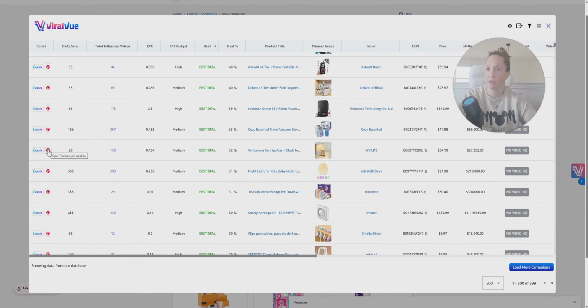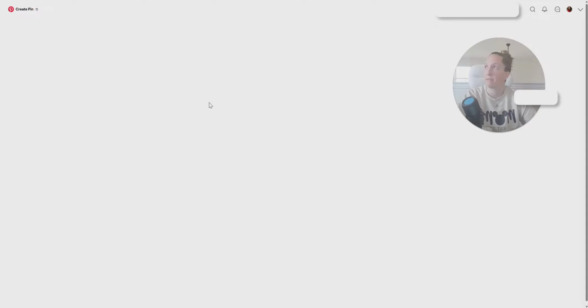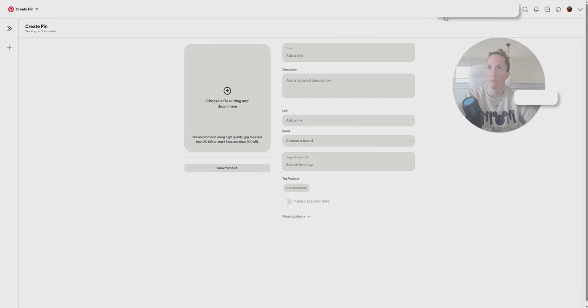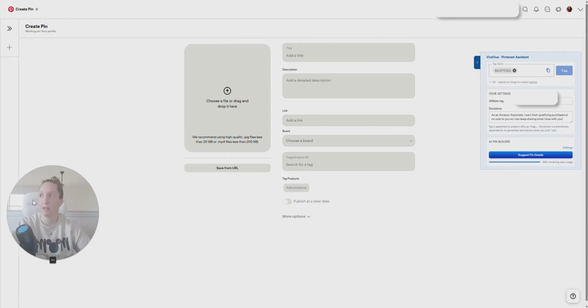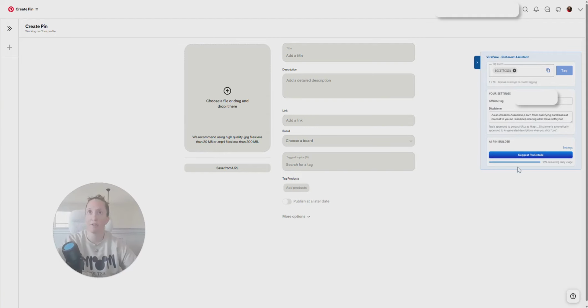So there's a few things you can do here. You can click on the Pinterest icon, and the Pinterest icon will then launch my Pinterest here. Okay, and there's a huge negative to clicking on the Pinterest icon directly. The negative is that before you can utilize any of these lovely Viral Vue items, you have to be able to upload an image or some kind of video first, which if you're